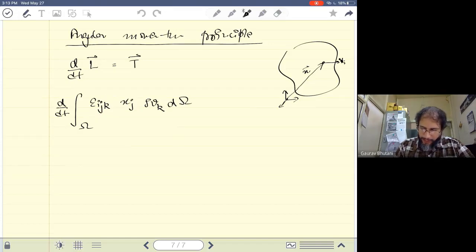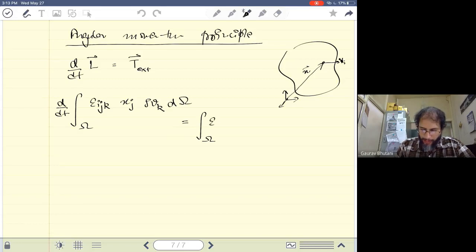And the right hand side, which is the net torque acting on the body, is a sum, sorry, net external torque. That is the sum of the torques, the total torques applied by the body forces and surface forces. So we'll first write the body force term, so we'll integrate over the complete volume. And in this case again, we're talking about the torque, which is the moment of the force. So we can write x cross F.